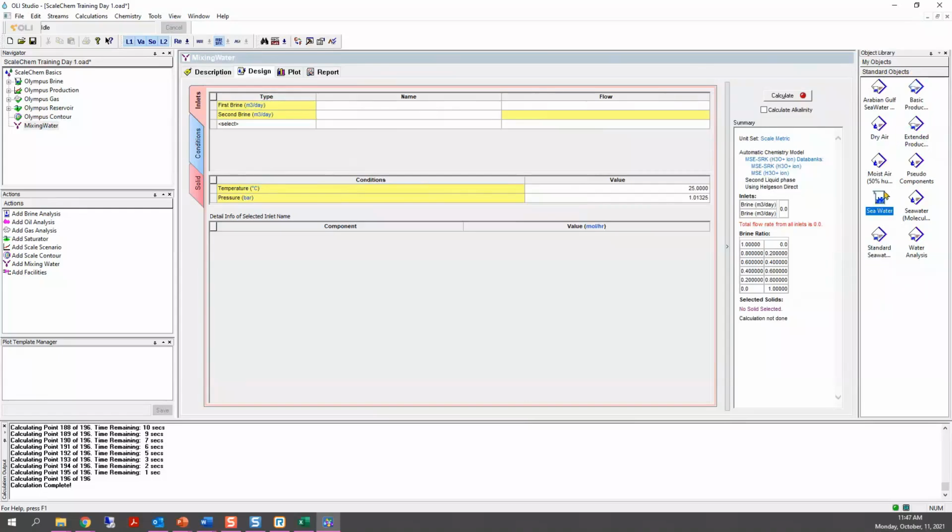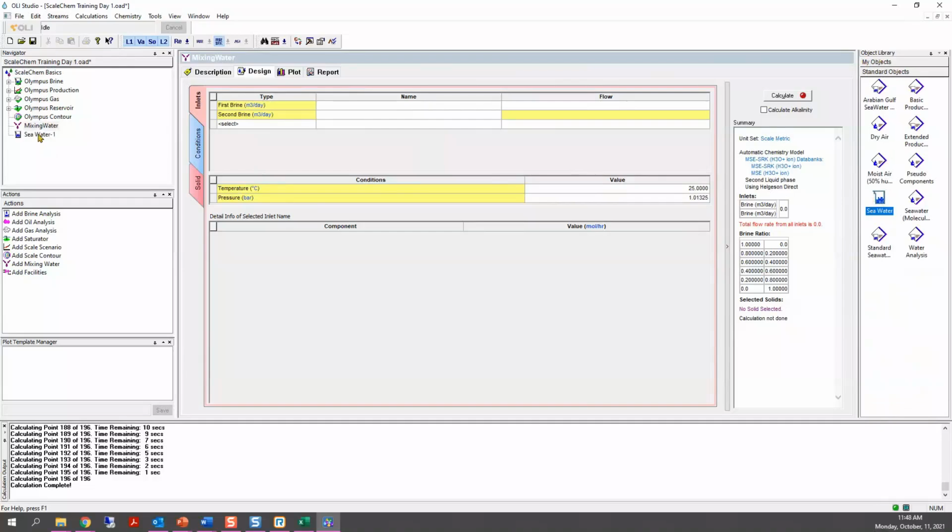I want to use this seawater here. That is a standard object. You can always add objects in My Objects. If you always use the same water analysis, you can just put it here. But at the moment we are going to use the standard objects. For this seawater, select this one that is in the beaker. The other ones are probably streams. The one that I'm interested in is in this beaker. I'm going to select it and drag it to the navigator panel, okay.